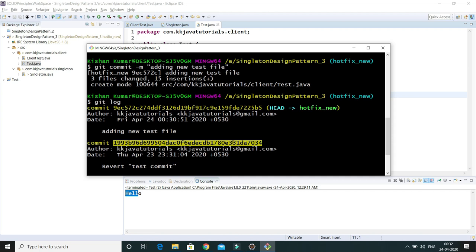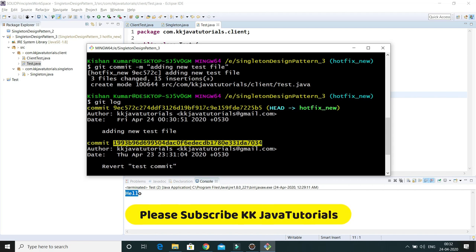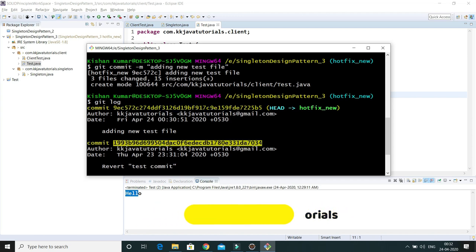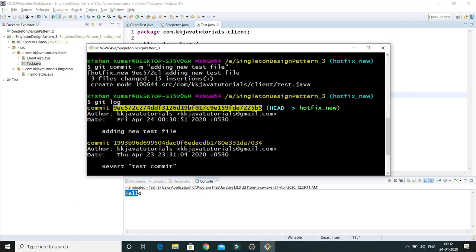Let's see how we can revert our changes. We can revert our changes by using the git revert command, and there you specify your commit ID. If you would like to revert your changes for this commit ID, then you may use this commit ID.